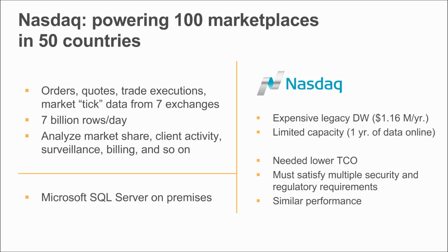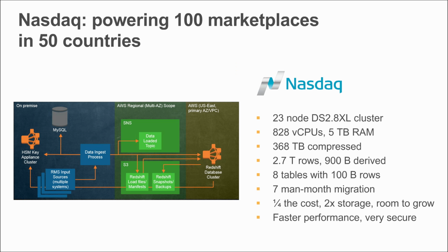The next one I'll just highlight quickly is NASDAQ. What's interesting about NASDAQ is that they had a similar problem: their existing data warehouse was expensive. They had to make large capital investments, but they really wanted to reduce their cost of the data warehouse while maintaining the strict security and regulatory requirements that the U.S. financial services industry mandates. By selecting Redshift as their data warehouse, they're able to reduce their cost by three quarters, so just a quarter of the cost of their existing data warehouse,